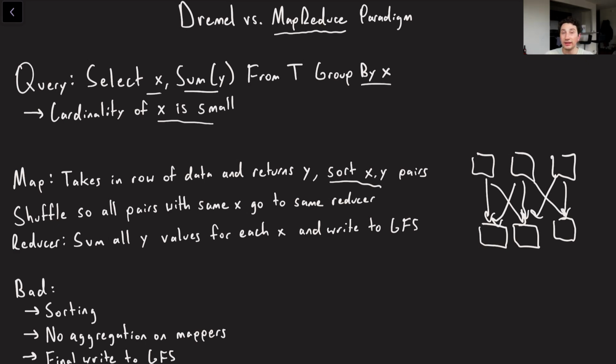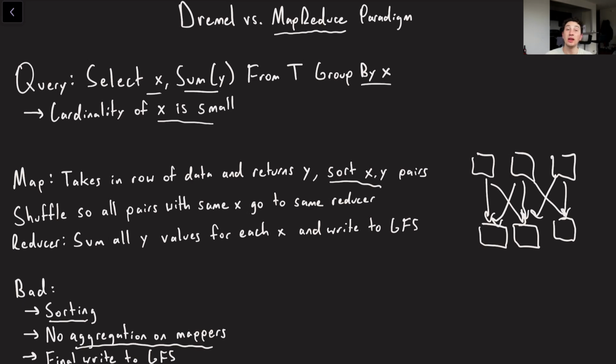They don't really say it explicitly in the paper, but at least according to my own thinking, what I think makes this slow is a couple of things. For one, we don't need to do that sorting step. The aggregation in MapReduce, I think generally speaking, is going to be done where you're taking the next element up on disk when you're merging all of these sorted lists, and then merging them together and putting them back on disk. And then finally, we're not doing any aggregation on the mappers, right?